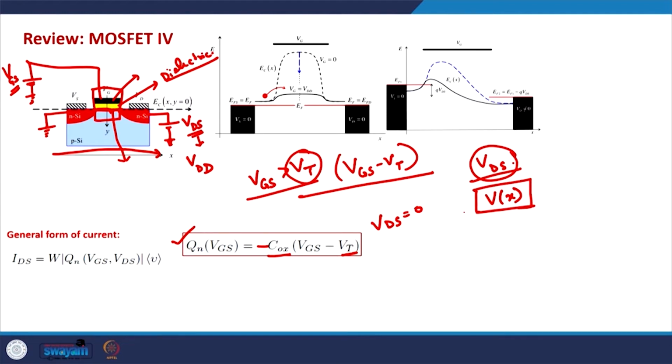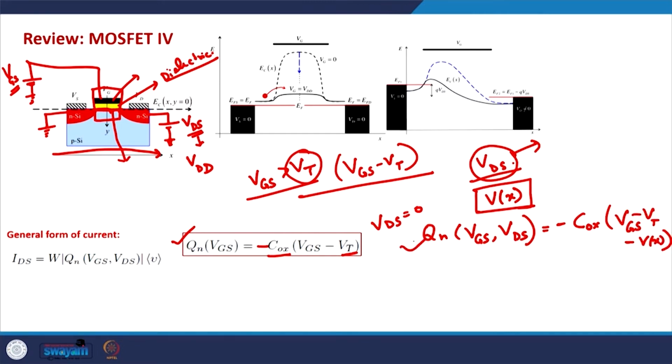So, in that case, if in addition to the gate voltage we also have a drain voltage, the channel charge Qn is dependent on both VGS and VDS. It is minus Cox times (VGS minus VT minus Vx). So, this is how the charge is accounted for in the channel, and the velocity at which this charge moves,